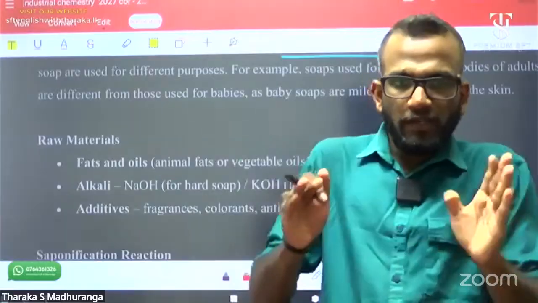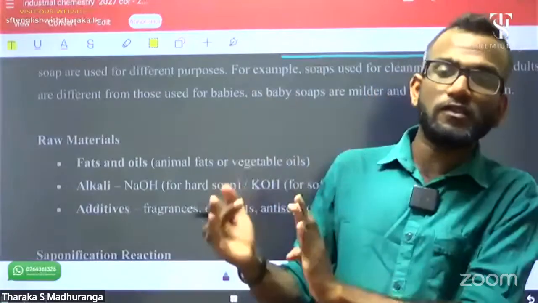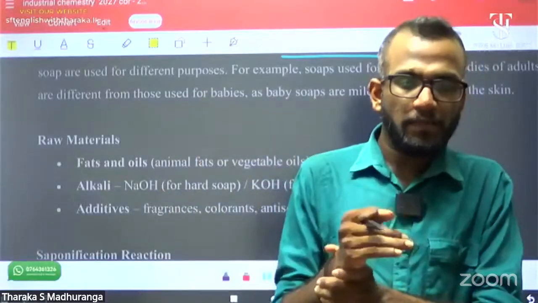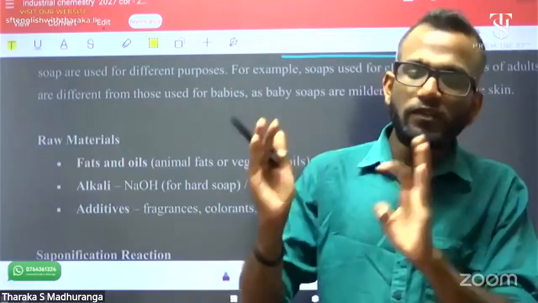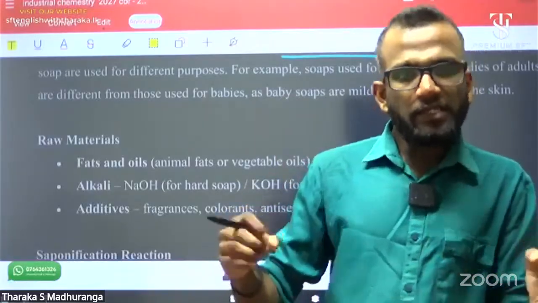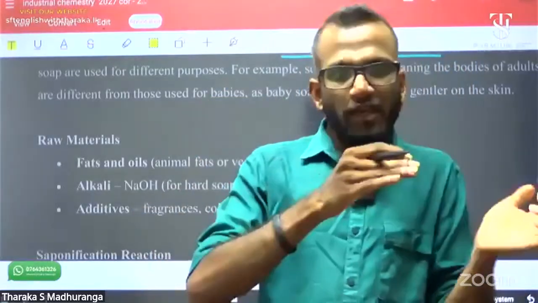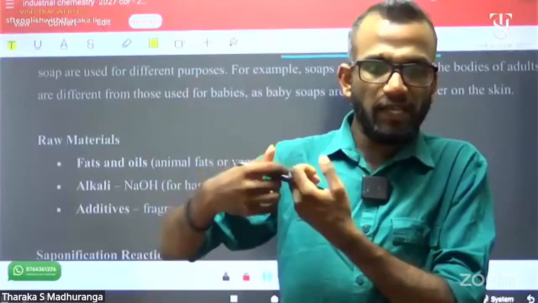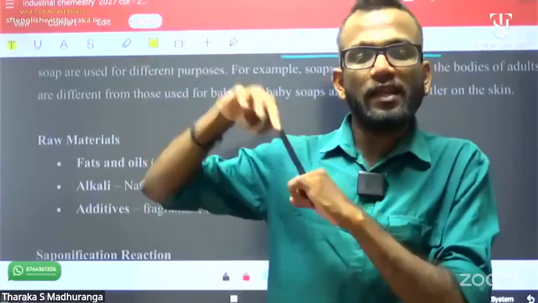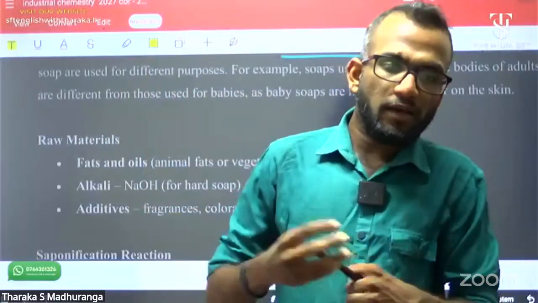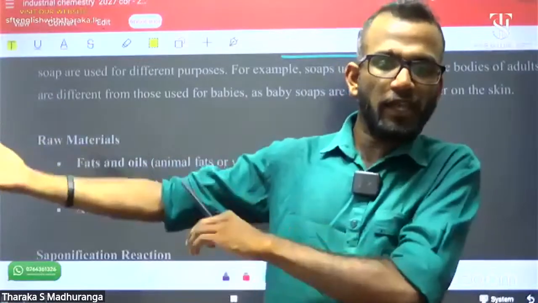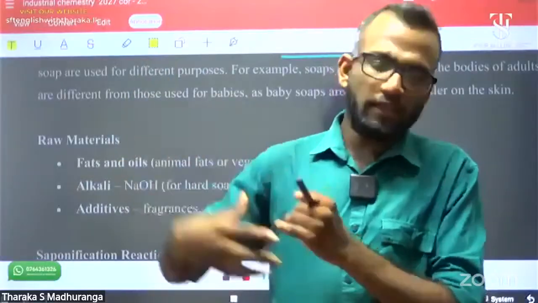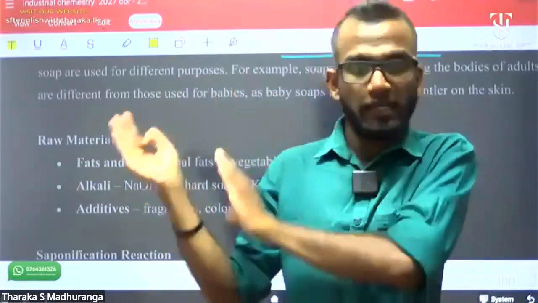Okay, now we are going to discuss how to produce these different soap types for different purposes. However, for any soap type, the chemical reaction and the basic raw materials are the same. Only at the final stage, the filling material and coloring agent are changed, and that's how the purpose, shape and texture change. Everything depends on the final stage.